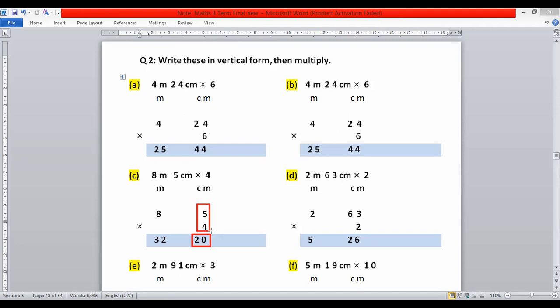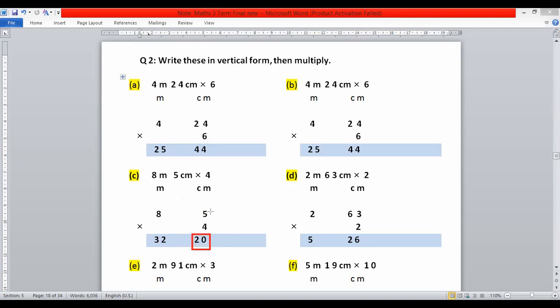Do not try to write 2 here, because we know that in 1 meter we have 100 centimeter. When we get the answer more than 100, then you take the third digit carry here. If you get 4 fives, 20, we get a two digit number. So write the two digit number as it is. Do not try to take carry 2 here. So we write 20 full number here.